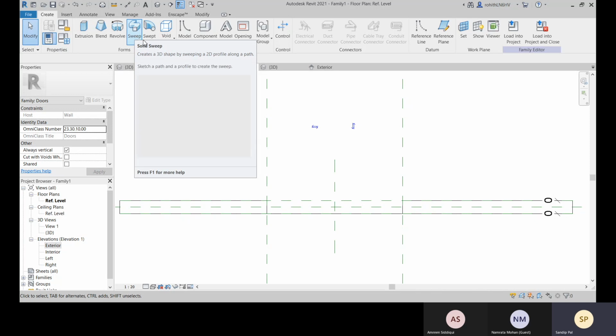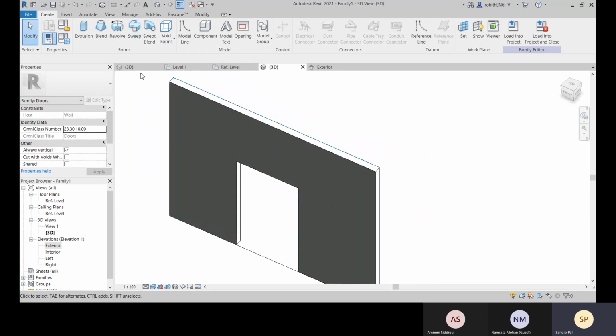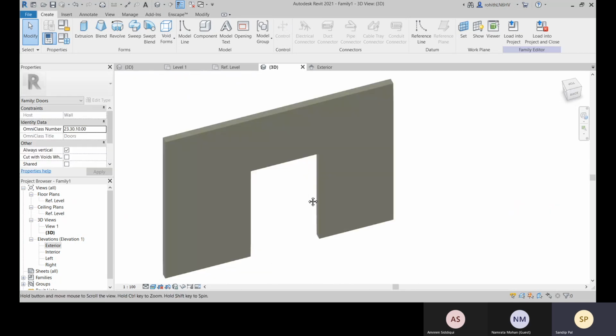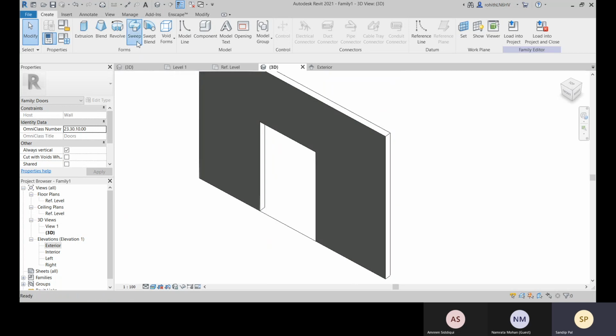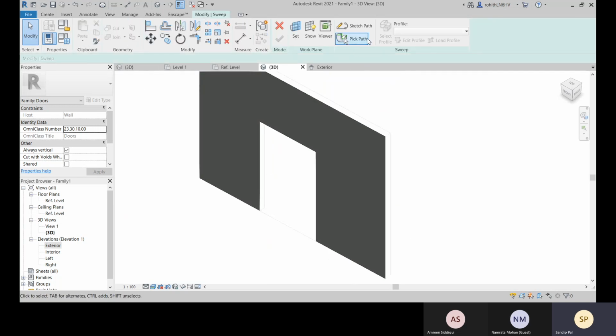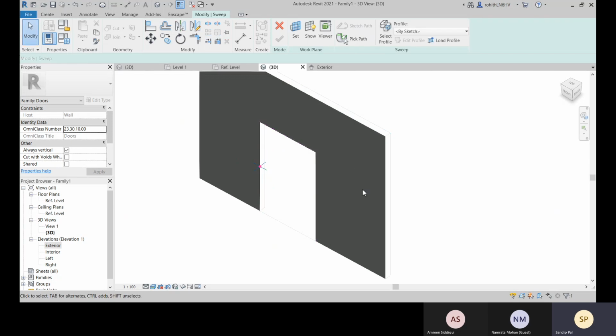Let's create from the 3D, and let's go with this sweep. You can go for this sketch path, or you can go with this pick path. Better you go with this pick path and select this path, select this path, and select this path, and it is done. Finish it.